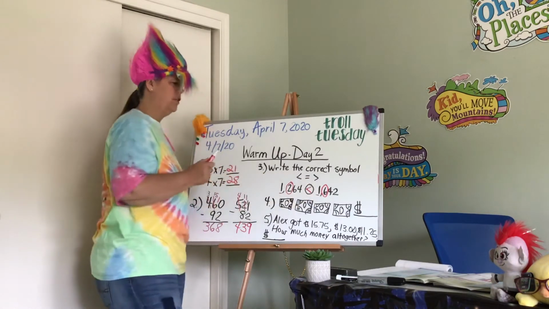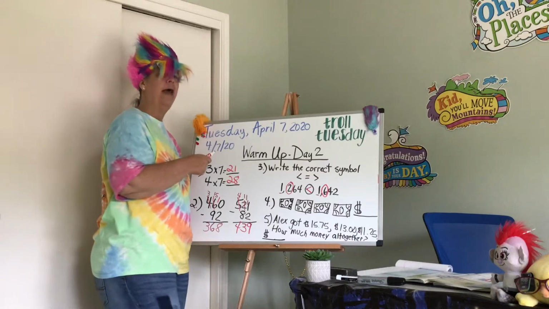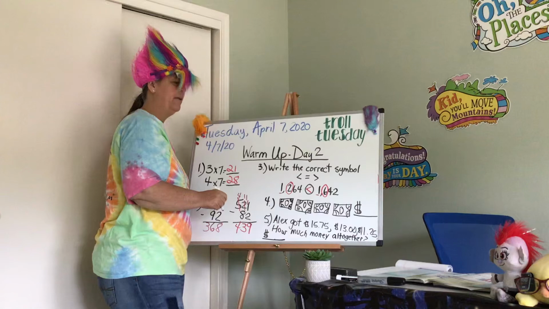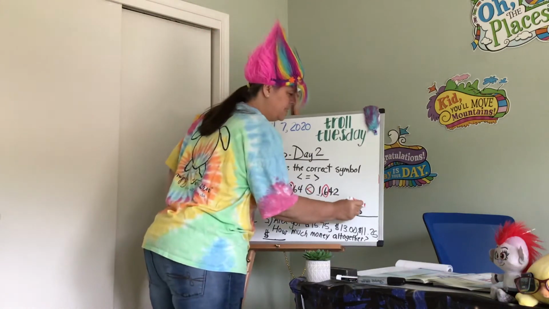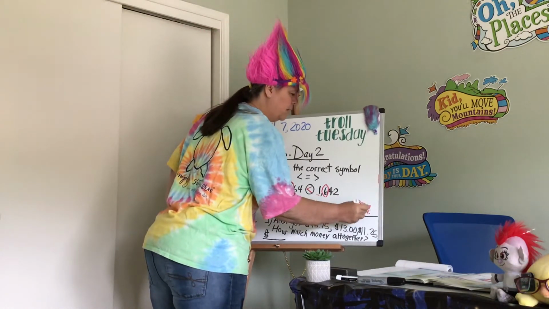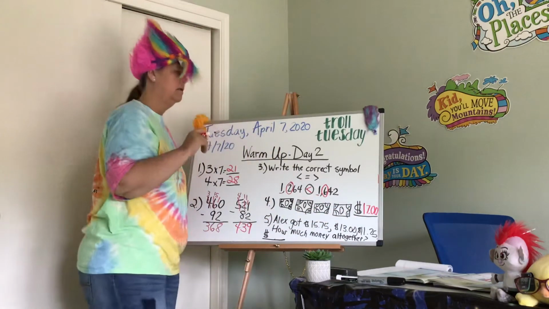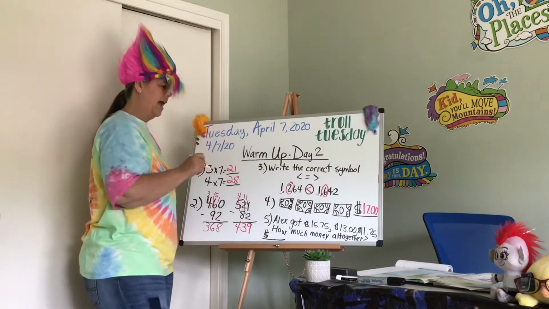I don't know if you could see these dollars, but there was a 5, a 10, a 1, and a 1. If you didn't see them and you need to write it real quickly, go ahead. 5, 10, 1, 1. What did that make? How many dollars? $17. And we're going to put a decimal point 00 to show that it was even, no cents. Okay? Number 5, Alex got